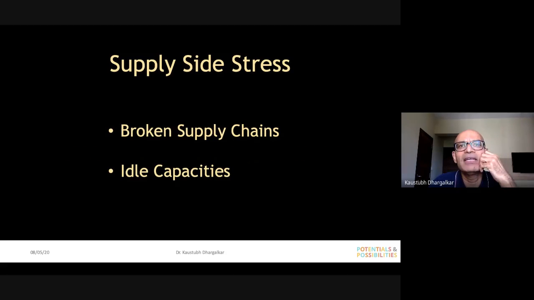On the supply side, the stress is about supply chains have been broken. Some may be beyond repair. Some may recover. Some companies will recover only if they reinvent themselves. Similarly, because of broken supply chains, there is a lot of idle capacity lying around, vendors, processors, etc. Even when the lockdown opens up, they will have not much jobs to do or none at all, so to say. So in short, we have broken supply chains with